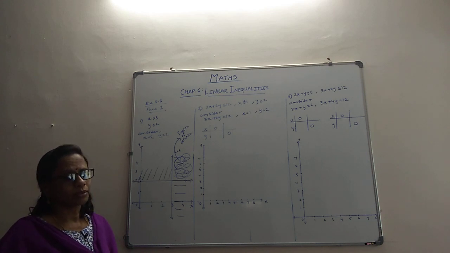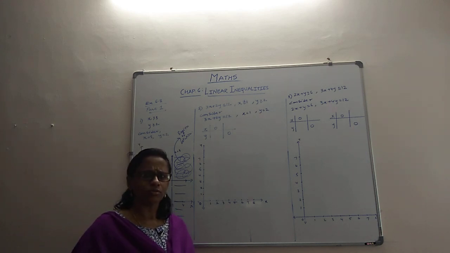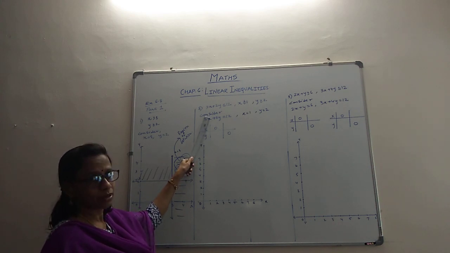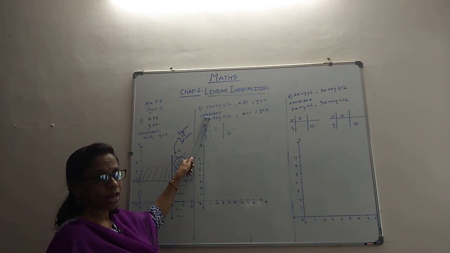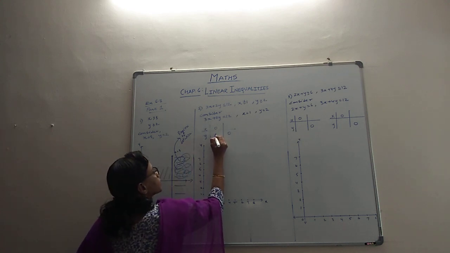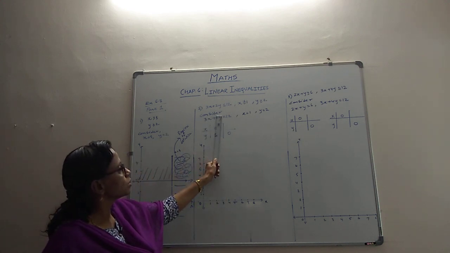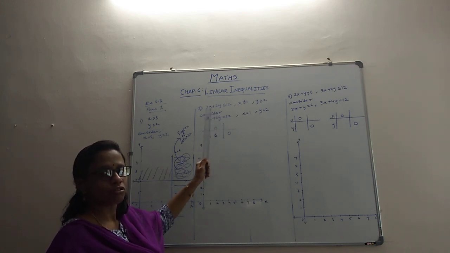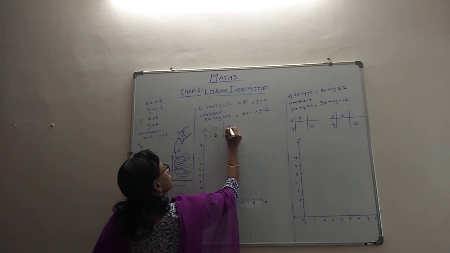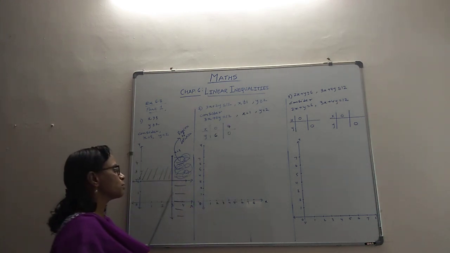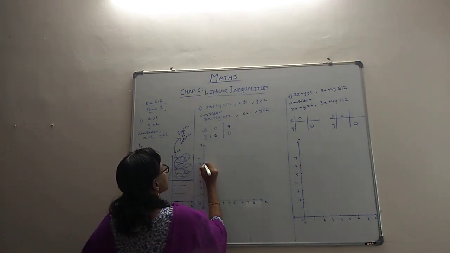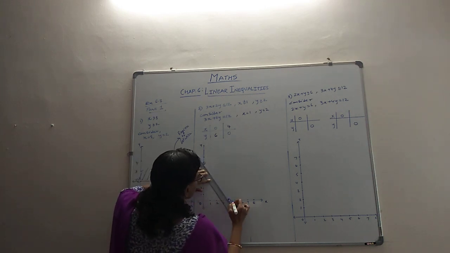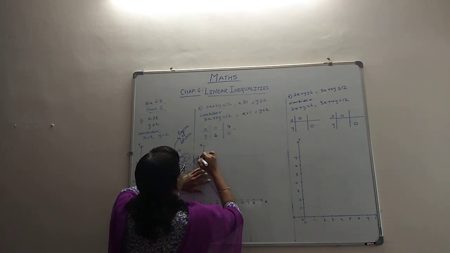Now how did we do the table? We did quite many problems yesterday. So just on the basis of that, first make x 0. So if x is 0, 2y equal to 12. So y is 12 by 2, 6. Now y is 0. So 3x equal to 12. x is 12 by 3, which is 4. So you get both those. Let's plot this. First is (0, 6). Next is (4, 0). Have a line first. Your line is this.